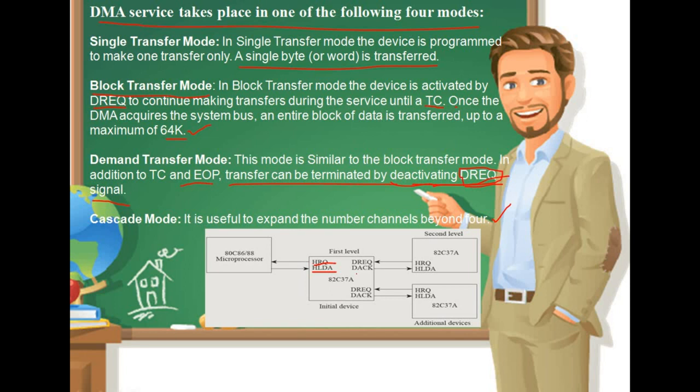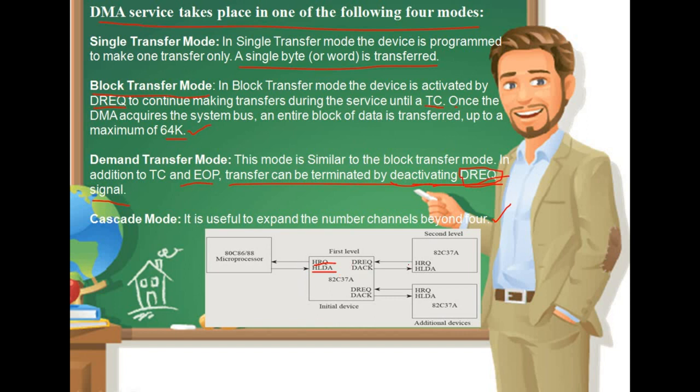When this 8237 sends a hold request to the microprocessor, and the microprocessor recognizes that hold, it sends a hold acknowledgement. Then this slave becomes the master. It takes over the address, data and control buses into its control, and it transfers the data.